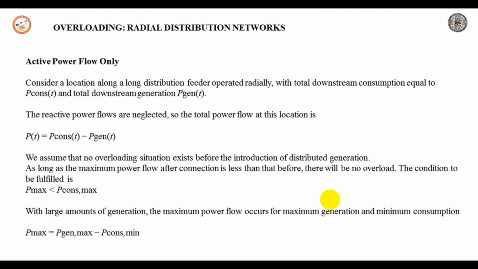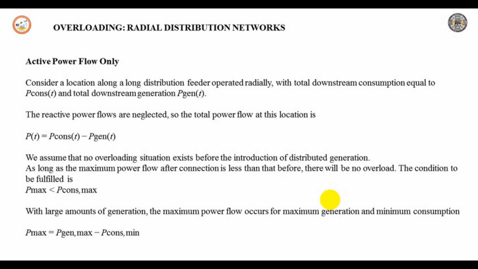So here the downstream consumption is represented by P consumption of t, and the downstream generation is represented by P generation of t. Two parameters are defined here: one is downstream consumption, represented by P consumption of t, and the downstream generation, represented by P generation of t. The reactive power flow is neglected,